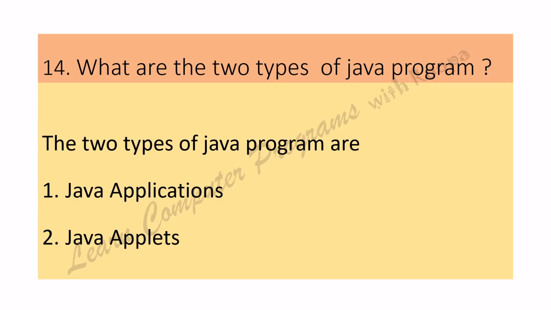What are the 2 types of Java programs? The 2 types of Java programs are Java applications or standalone programs. These programs are user written. They don't require any high level operating system or anything. The normal programs that you practice in the lab, the programs that you write, those are Java applications. You can create some code from it and use it for your day-to-day use.